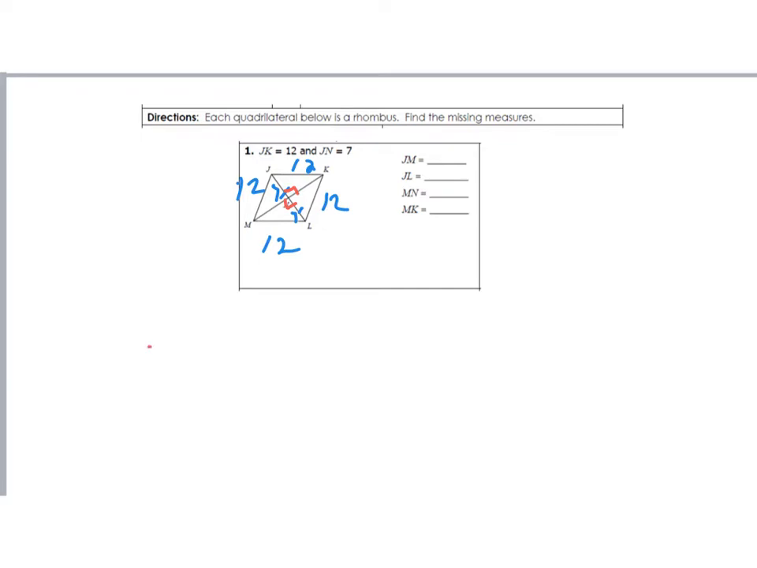Okay, so J to M, that's the side. I got it filled in already, that's 12. J to L, well, that's 7 plus 7, so that's 14. M to N, that's that middle piece, so we're going to have to come back to that. And then M to K is the whole thing. We're going to have to come back to that, since we don't have that figured out yet. However, what we do know is that